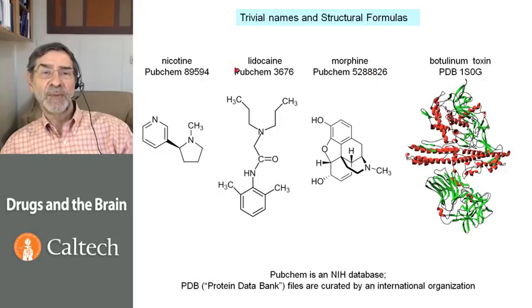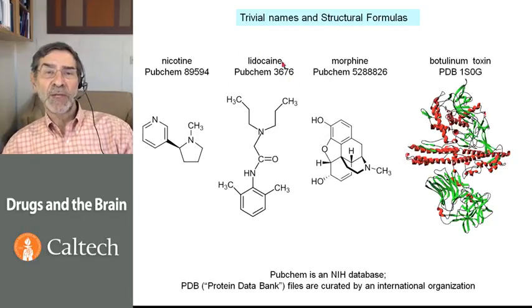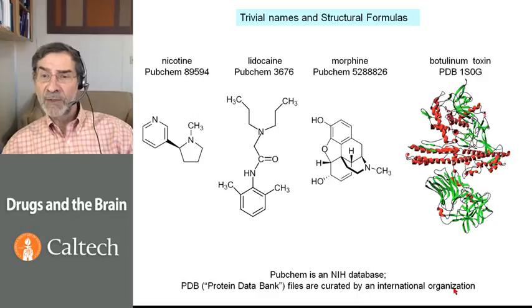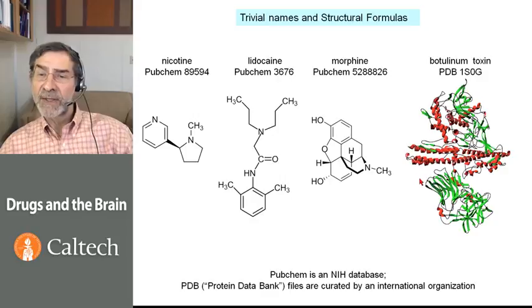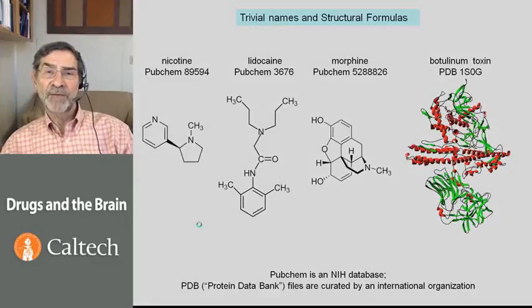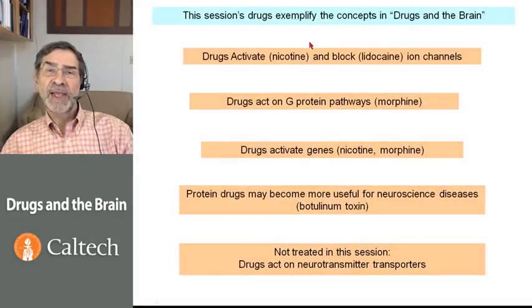So if you type PubChem 3676 into your search engine, you'll get the record for lidocaine, etc. Botulinum toxin is best described in another database, the so-called Protein Data Bank, whose files are curated by an international organization that looks at X-ray crystallographic coordinates and at nuclear magnetic resonance structures. So these are our 4 examples, and they exemplify the concepts that we are going to discuss in Drugs and